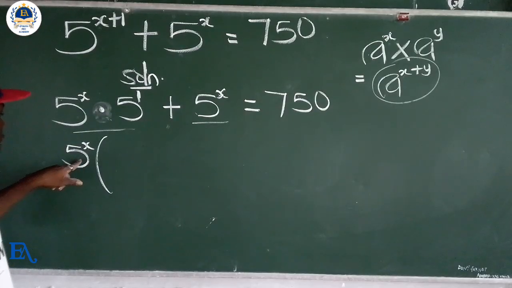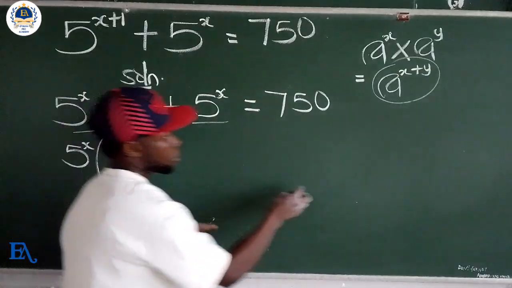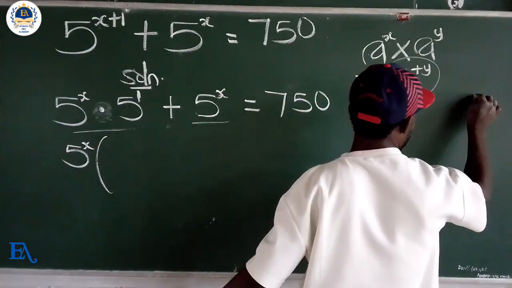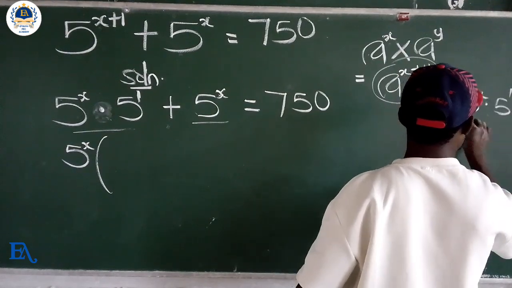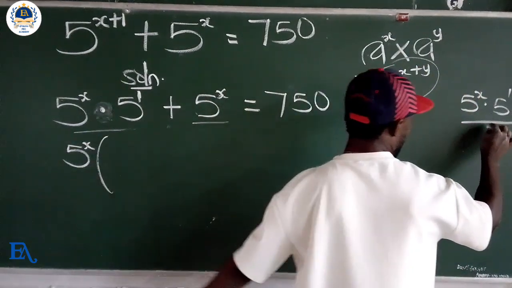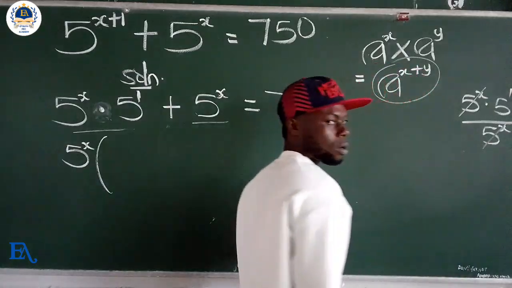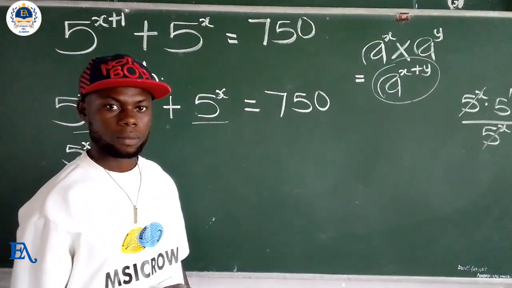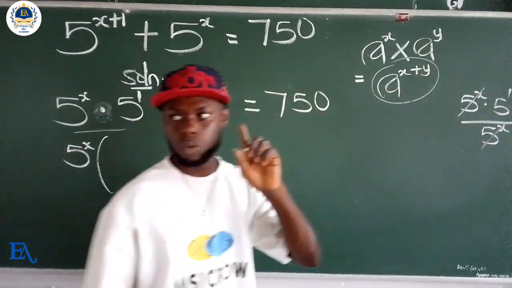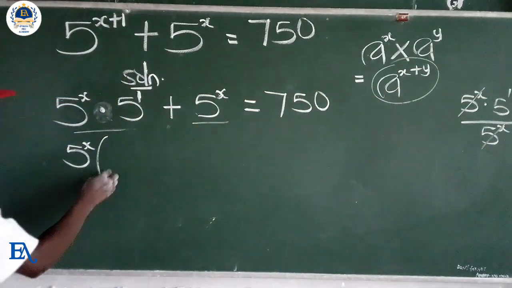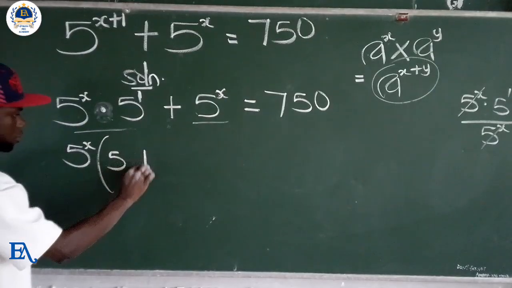If I use 5 raised to the power of x to divide this, and this is 5 raised to the power of x dot 5 raised to the power of 1, if I divide by the common factor, this cancels this. What are you going to be left with? 5 raised to the power of 1, which equals 5. So let's bring it into the bracket, plus,